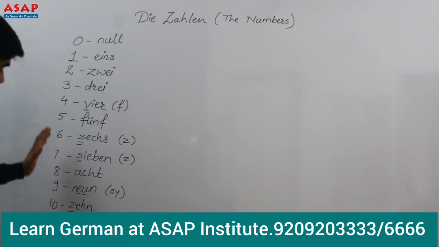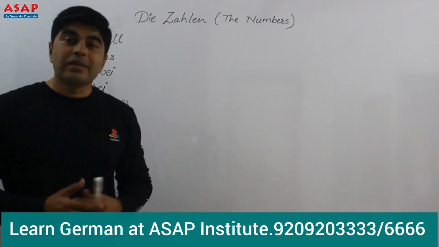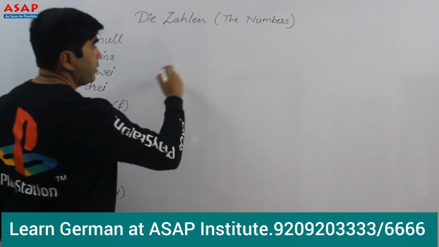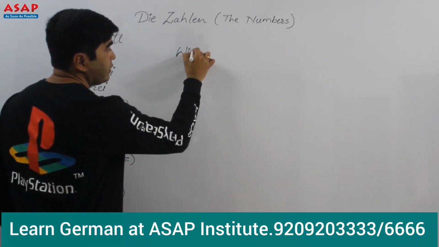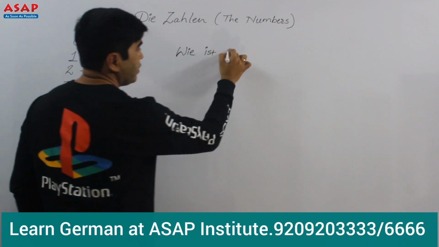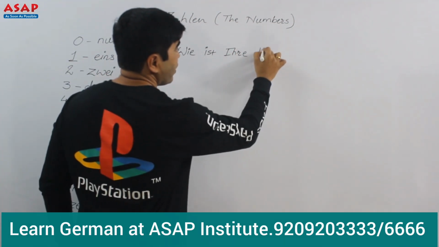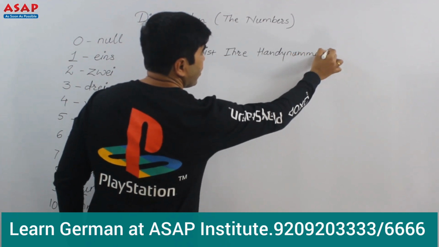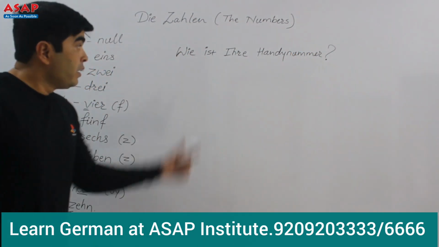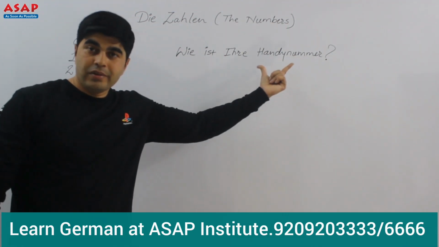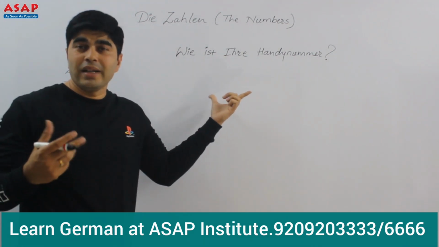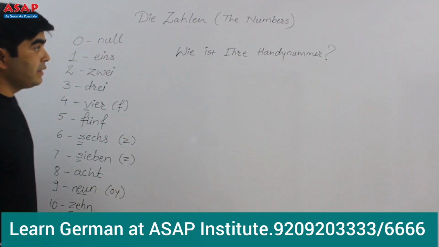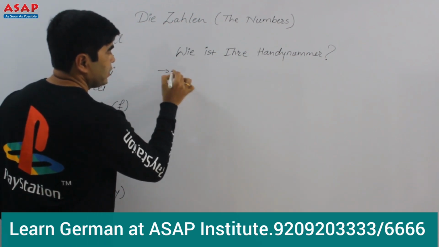Okay, so now we'll try to use these numbers, let's say, while telling our mobile number. So how do you ask your mobile number? It is wie ist Ihre Handynummer? Word for word, it may sound like how is your mobile number, but in English we'll consider it what is your mobile number. So wie ist Ihre Handynummer? And your answer will be